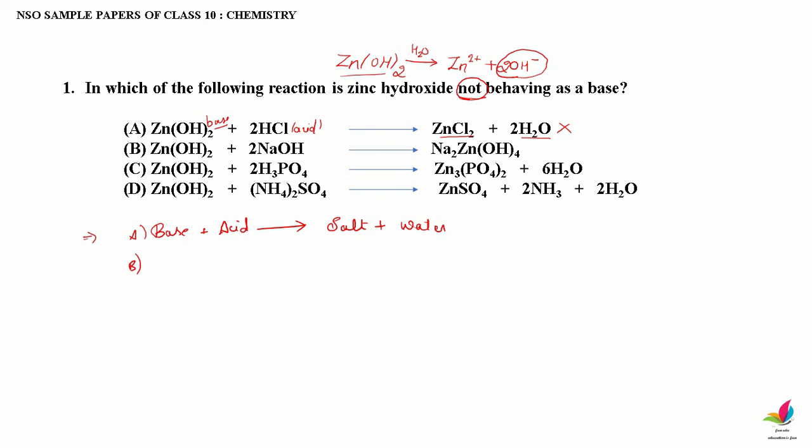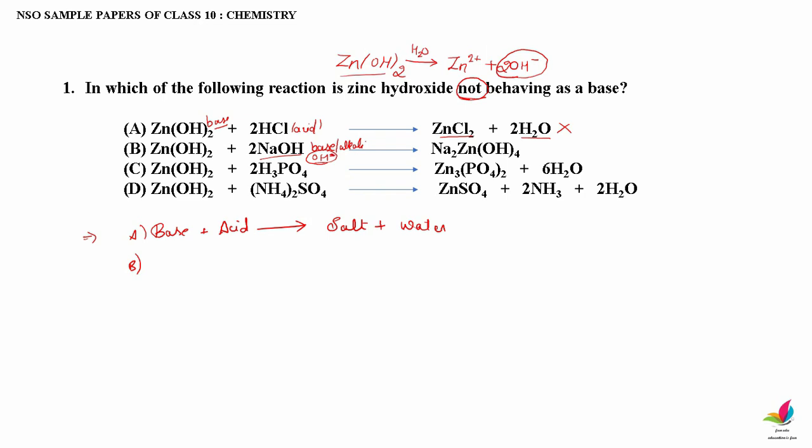So in B, you can see here zinc hydroxide reacts with sodium hydroxide. Now this sodium hydroxide is again a base, or you can also call it an alkali, correct? So what is alkali? Alkali is the one which is water soluble, and it is also the one which produces only OH- ions in the aqueous solution, nothing else, unlike ammonia. Ammonia is also a base, but it does not produce OH- ions. But here sodium hydroxide is a base and also an alkali, because an alkali produces only OH- ions in the aqueous solution as a negative ion. Remember that.